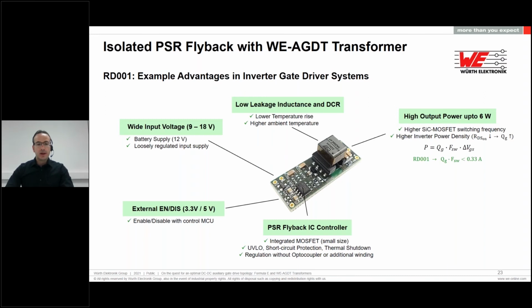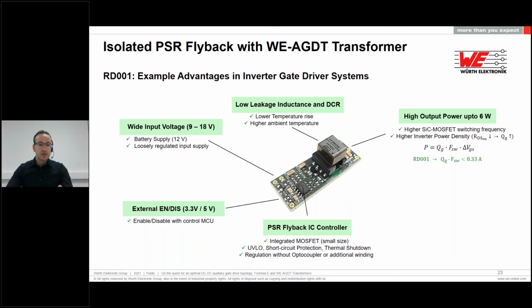Now, why do we want high efficiency in the auxiliary supply when it is used in an application of tens of kilowatts? The reason is thermal performance. In order to keep the temperature rise of the transformer and also the rest of the components, for example of the snubber circuit, as low as possible, so that we can use components of smaller size, and also we don't need any big copper heatsink areas on the PCB. So at the end, we can achieve a very compact solution, like we can see here.